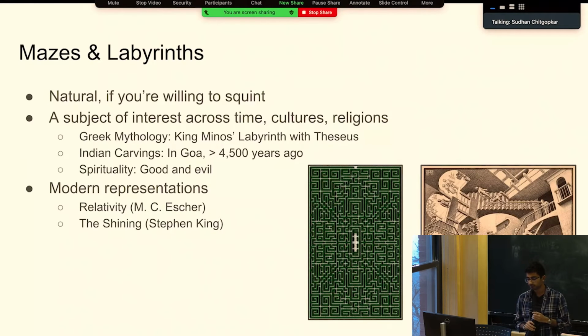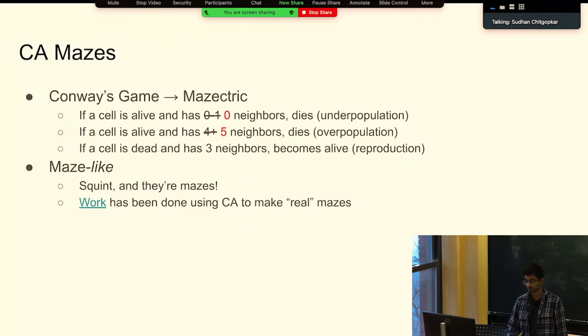Okay, so mazes and labyrinths, pretty cool, pretty interesting, and lots of good reasons to visualize them. Let's talk a little bit about how we create mazes and labyrinths. So the first thing that we'll talk about is cellular automata being used to create mazes. So for everybody that was here for lecture 4, we talked a little bit about cellular automata,